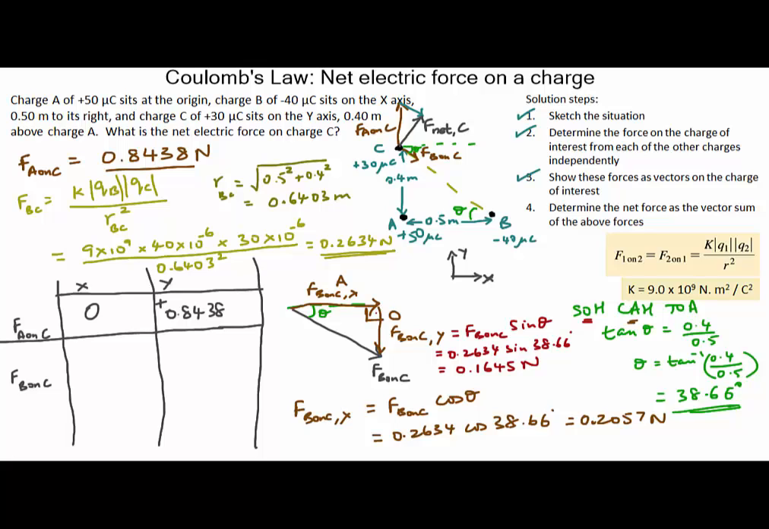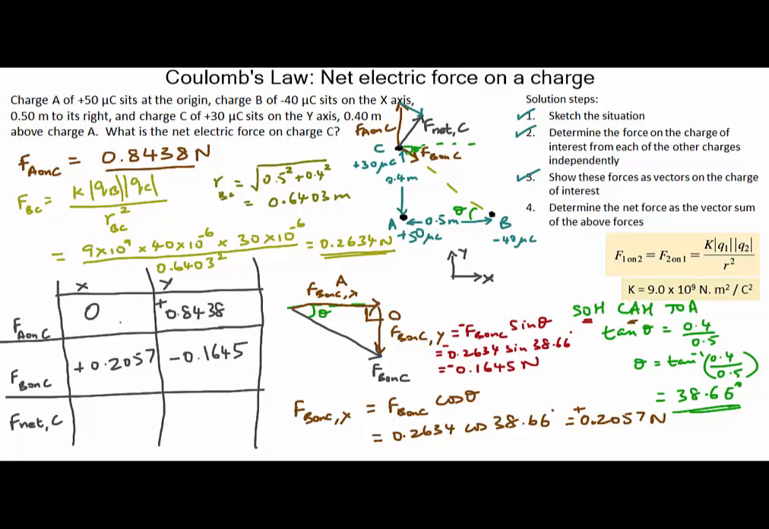In this case, the x component is positive because it points to the right, but the y component is negative because it points down. So I got F_B on C, the x component as plus 0.2057 Newton, and the y component as minus 0.1645 Newton. Okay, now that we have the components of these vectors, I can get the F net on C,